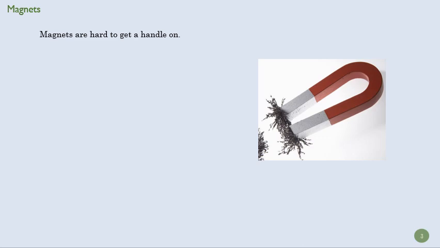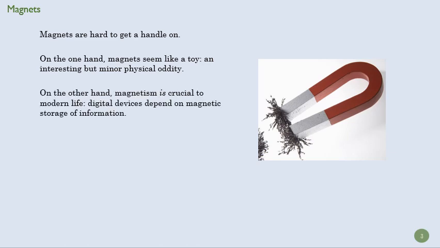I think a big part of it is this image at the right. It looks like a toy to us, right? We sort of fiddle with it. Oh look, you pick up some iron filings. You can move around the filings and make a little picture, and that seems about it. And we sort of think, well, they're not that prevalent, and magnetism doesn't matter that much, but everything you do